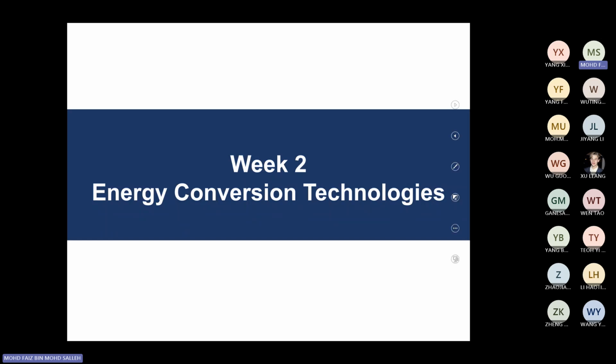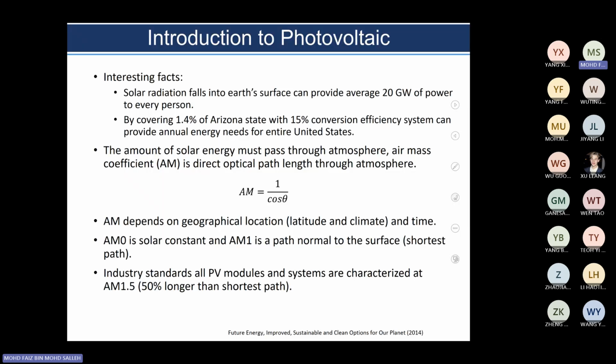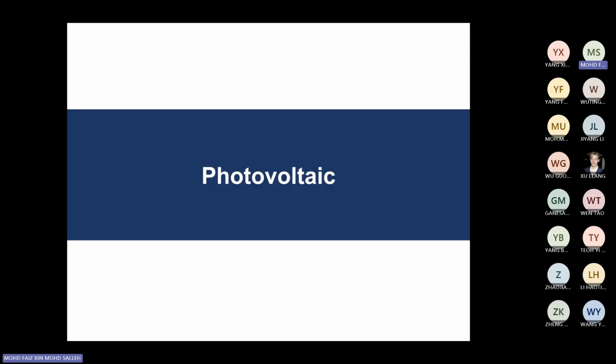Okay, so let me start back our class. So we will start on photovoltaic. Before we discuss the device, the physics behind it, the material and so on, let's look a little bit at the standard test condition. Usually when we want to test the solar cell, we will use